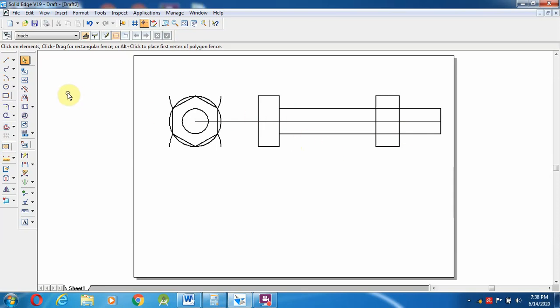Okay, after creating this, one more thing I am going to do, that is the thread. How to specify the thread?